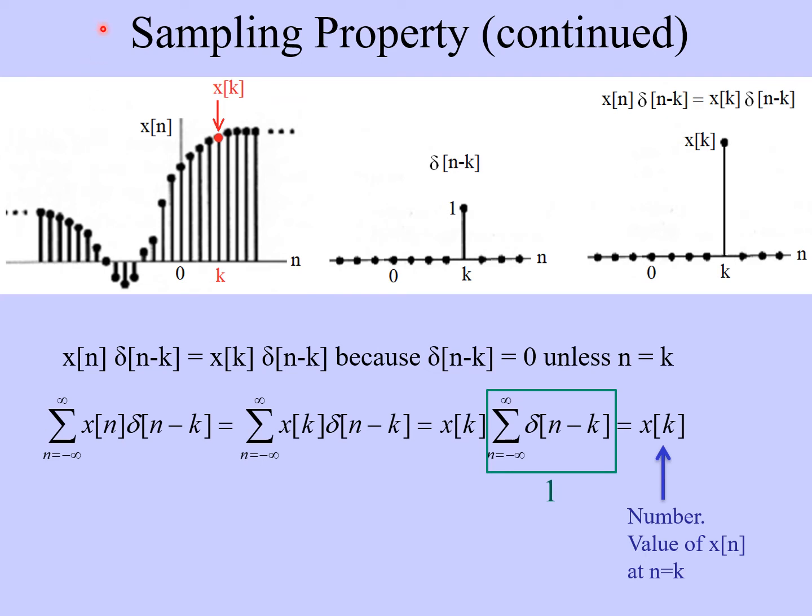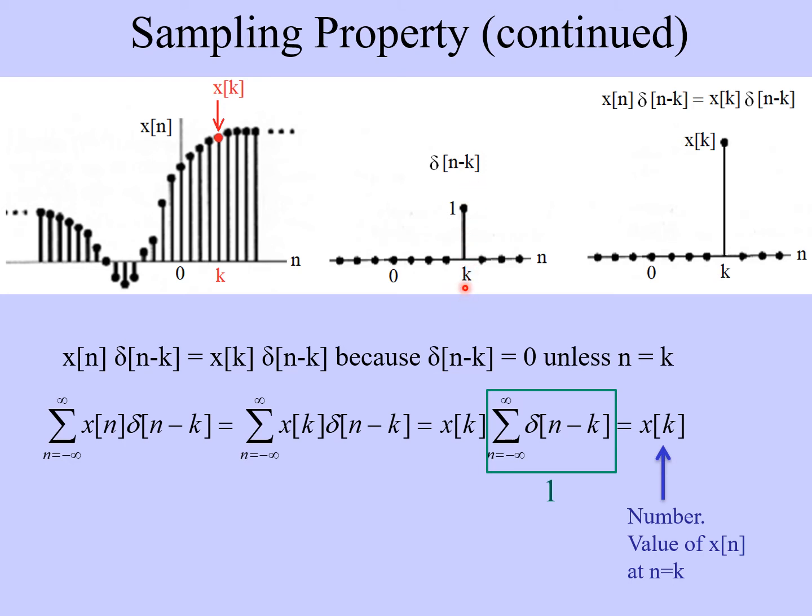And we can sort of generalize this idea by using a shifted delta function. So in this case, we're going to take x of n again, and this time we're going to multiply it by delta n minus k, where k is the shift in the delta function. So we've shifted it over some k value